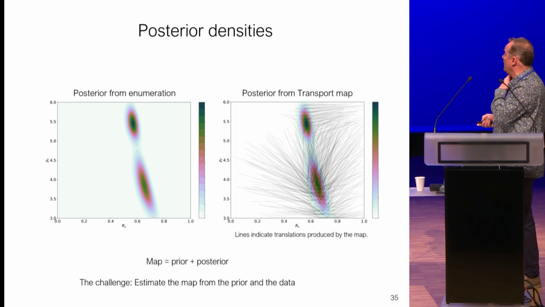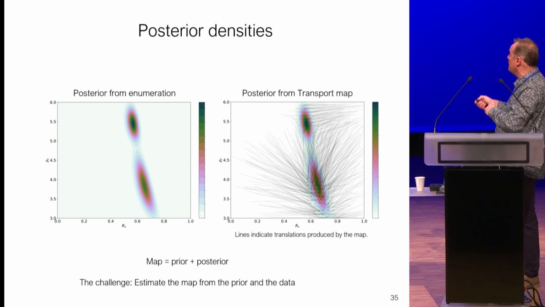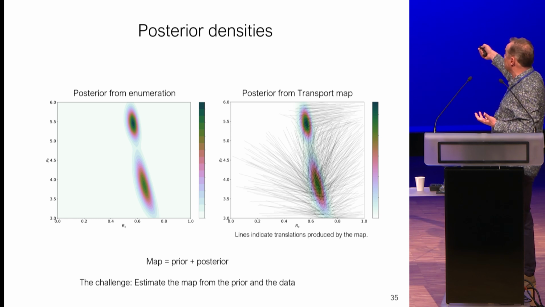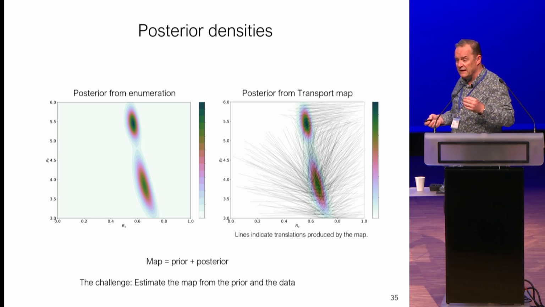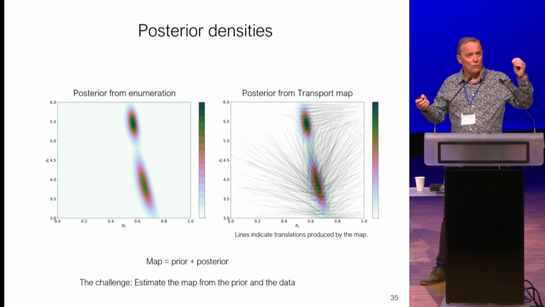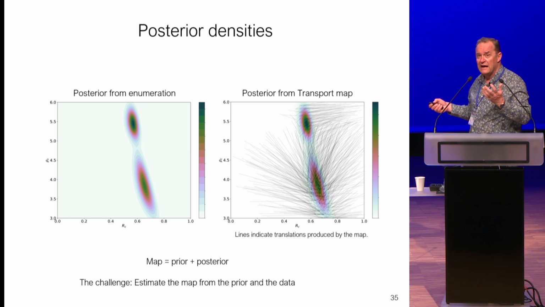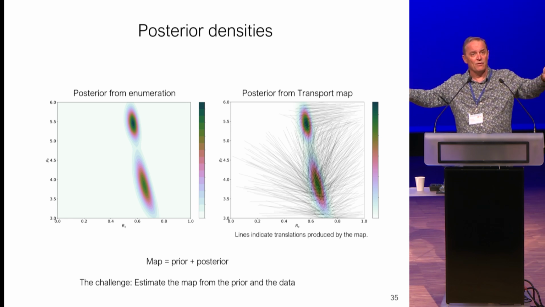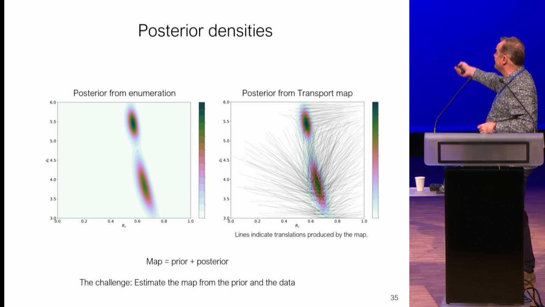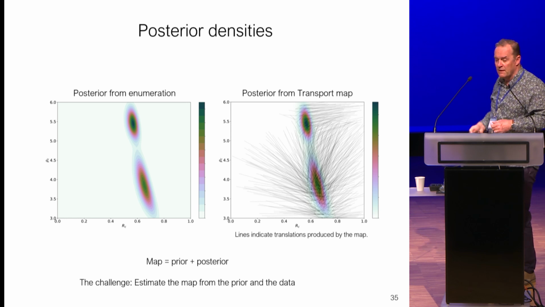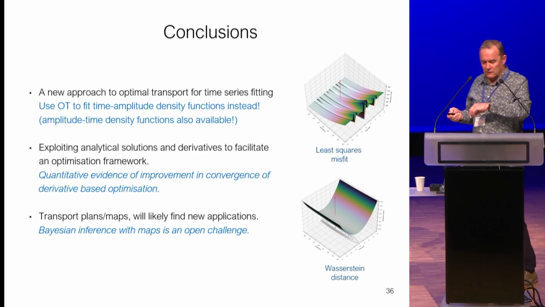Okay, so here's the 2D example, just as a final slide to illustrate where we are. The posterior is on the left, and on the right-hand side is the posterior estimated by the transport map, which you can see is very similar, the colors that is. And the lines here are essentially part of the transport map, i.e. where it starts, and where it would move to the posterior. So you get this idea of this sort of fuzzy, hairy mess where points in the prior would be moved by the map to the posterior. And it makes sense that they're moved to the areas of high density on the posterior. Okay, so I just want to conclude